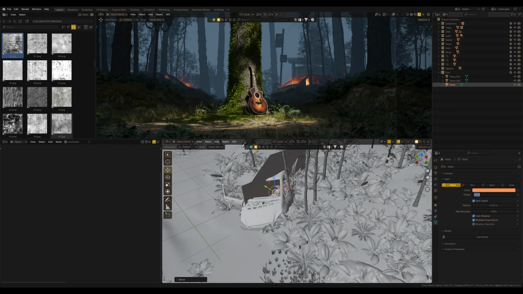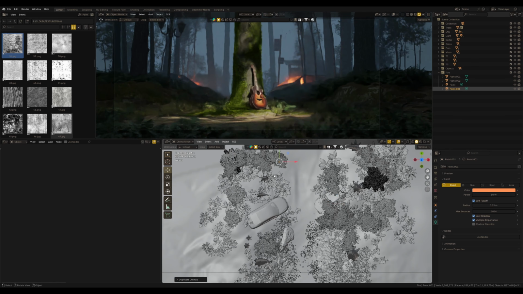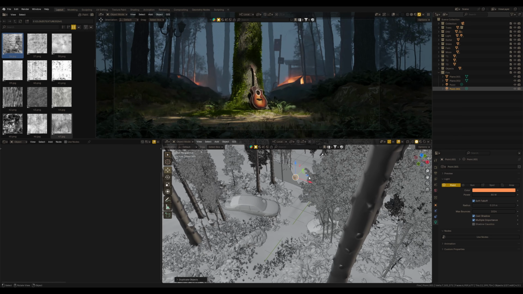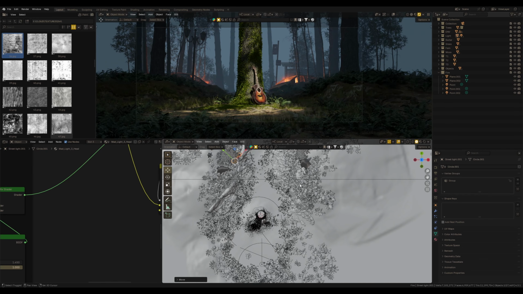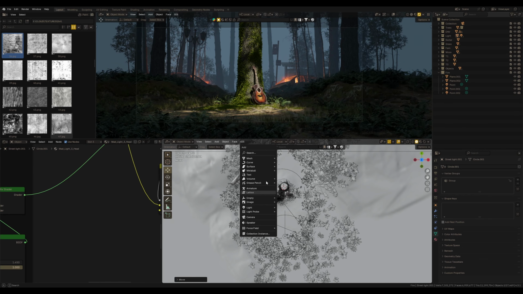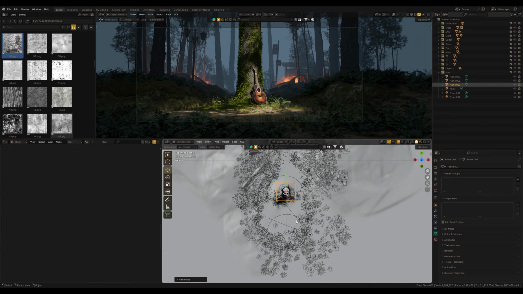Look at that. Now the fire effects light up the objects around it, making the scene feel alive. And I think it's clear that trying to paint all these fire details and lighting effects on surrounding objects in Photoshop would be a huge hassle, and in Blender we easily got everything done right in the 3D scene. And of course, using the same method, I can easily add fire particles right in Blender.